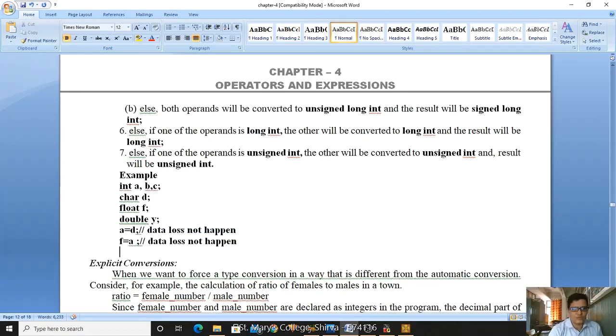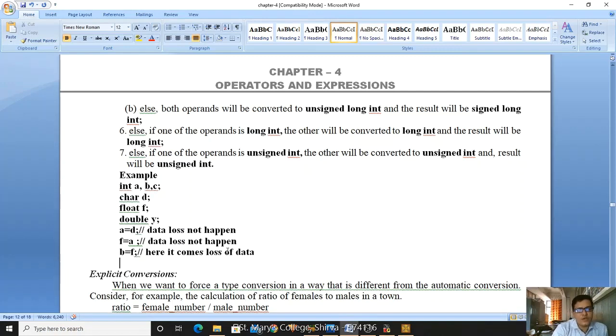Suppose I do b is equal to f. F is a float value, right? Then here comes loss of data. So these are the possible losses whenever you are converting a higher data type to a lower data type.